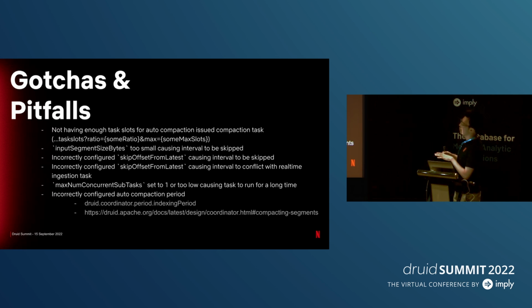And then the next couple of pitfalls are around configs. These are configs in the auto-compaction spec that you submit to a data source. The first one I'll talk about is input segment size byte. This config actually exists for a historical reason. It's telling Druid if the total size of your interval is greater than this config, then it will skip this